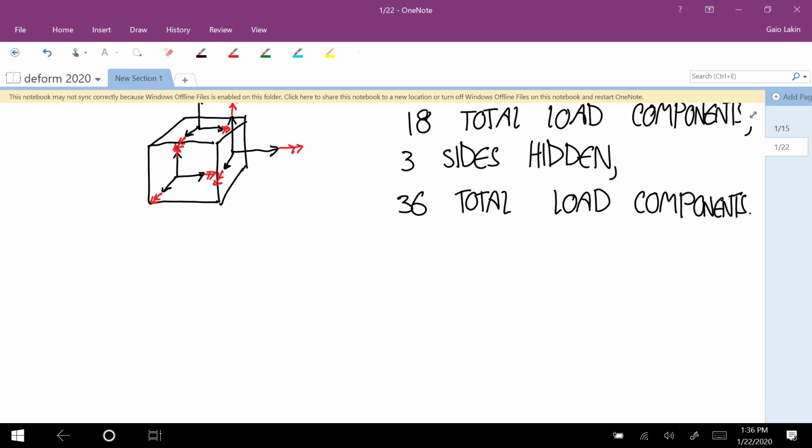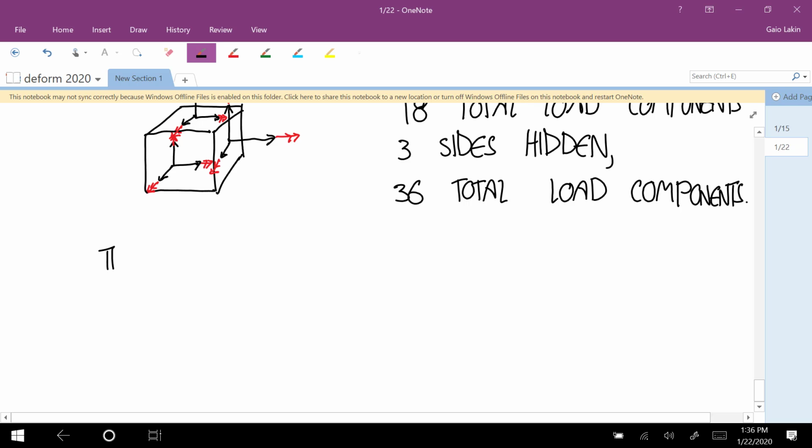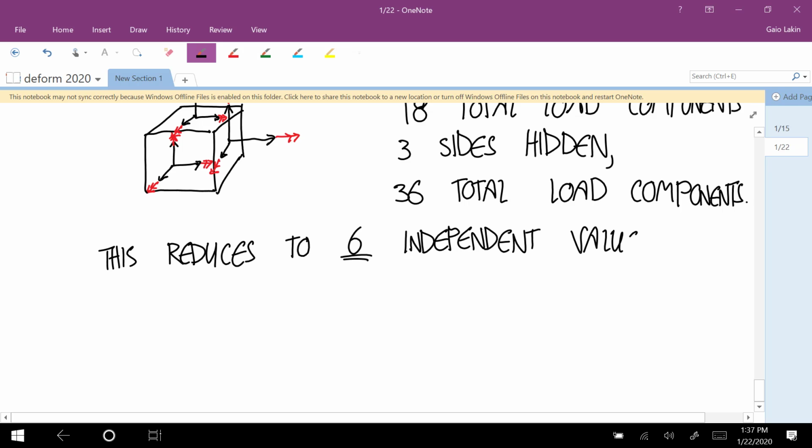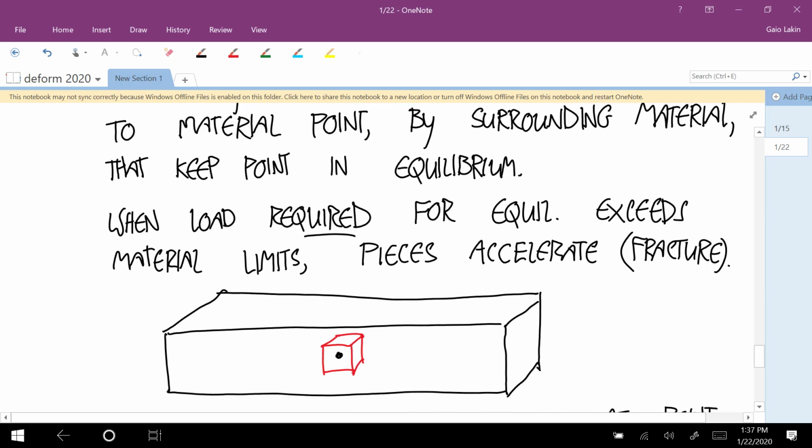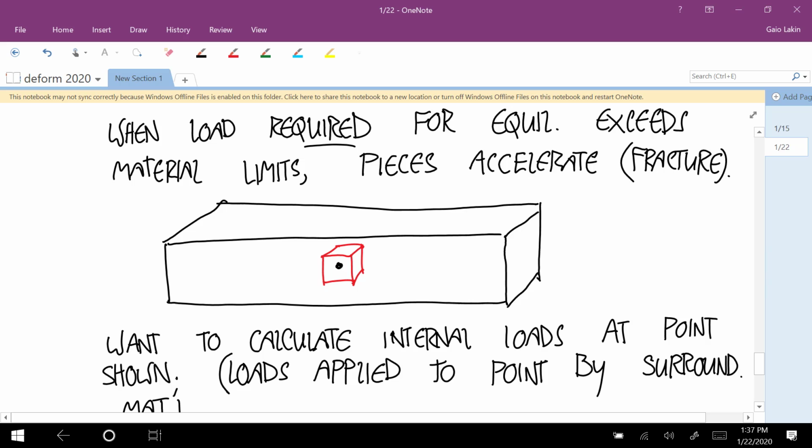Okay, well, the first thing is, like I said, this reduces to 6 independent values, and that's the stress tensor. So how does that work? Well, first, if you have forces acting all over this big object, do you think those loads would change depending on the size of that box? Like, what if you're pushing in here, pushing there, pushing here and here,